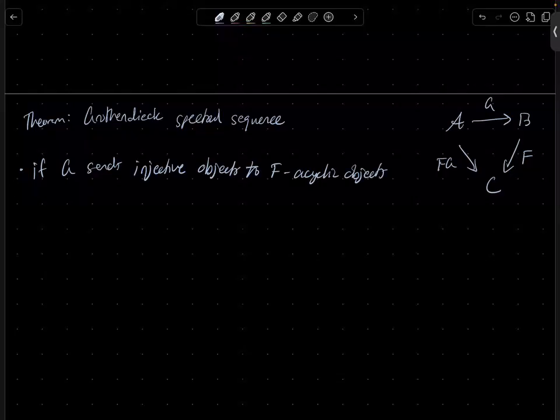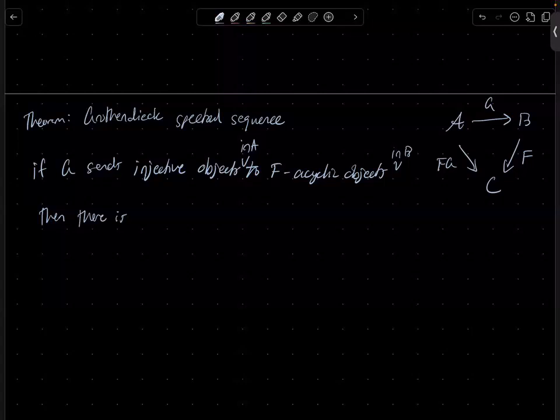Remember, F-acyclic just means that the higher derived functors of F vanish on that object. So objects in A to objects in B, just to be sure. Then